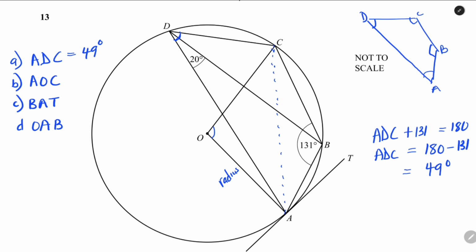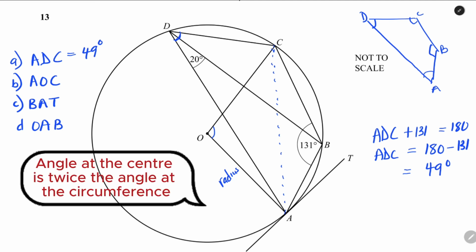AOC at the center and angle ADC at the circumference. Did you notice that? This same chord is creating the angle AOC at the center and angle ADC at the circumference. Now, another circle theorem states that angle at the center is twice the angle at the circumference. The angle at the circumference here, we just found out to be 49. So our AOC